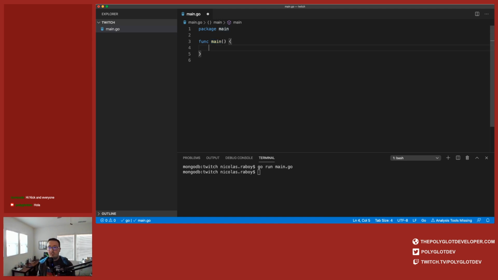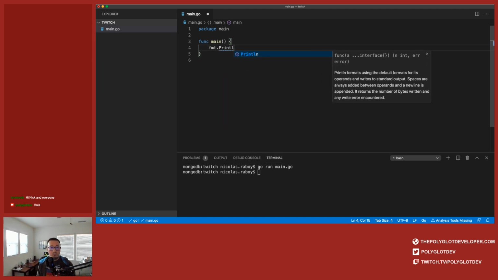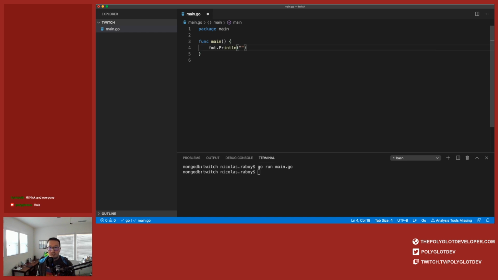If I wanted to do something else, so let's say I wanted to print something to the console, I can say fmt print or print line, or there's different variations. I'll walk through a few of them, and I'll say hello world. I hit save. Now you'll notice that it imported this fmt package. It did that automatically because of my plugin for Visual Studio Code. Like I said, install that plugin because as you start developing, you're going to end up with a lot of different imports, and you don't really want to have to do that on your own manually.